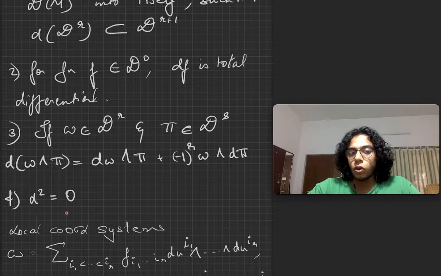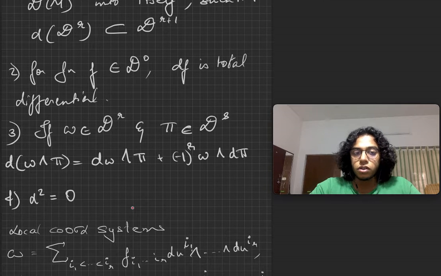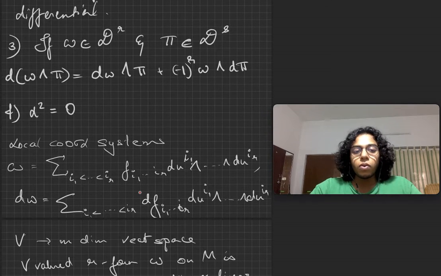So this has to do with the fact that the boundary of a boundary vanishes. This will also be dealt with in the intuitive video. All right. So now